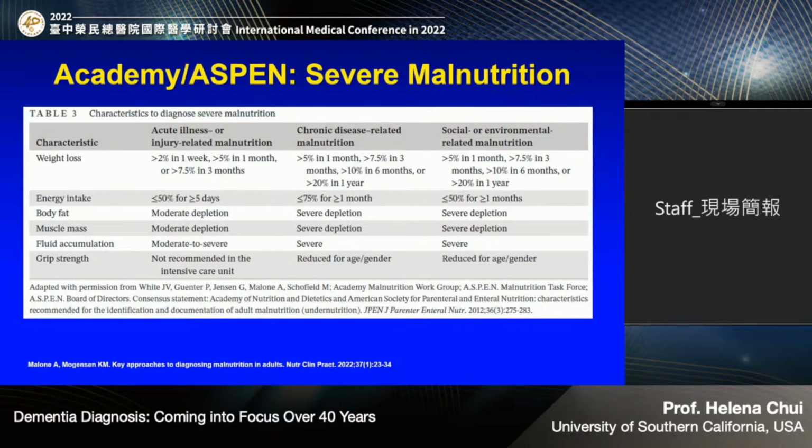Here are the clinical characteristics for severe malnutrition. And one thing I want to point out here is that grip strength is not recommended in the ICU setting for your critically ill patients. They usually cannot squeeze a hand grip dynamometer. So it's important to keep that in mind. I'm not going through all of these clinical